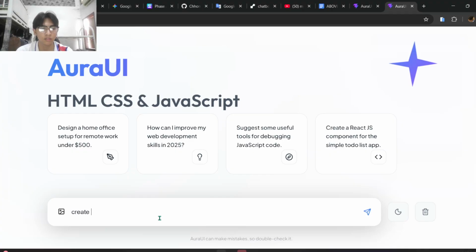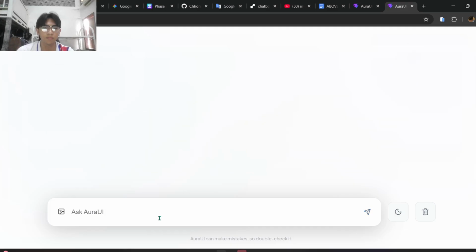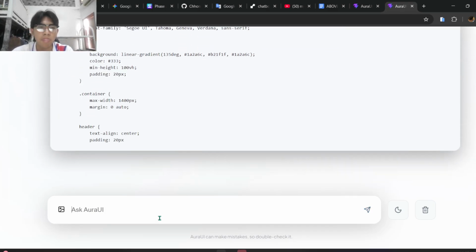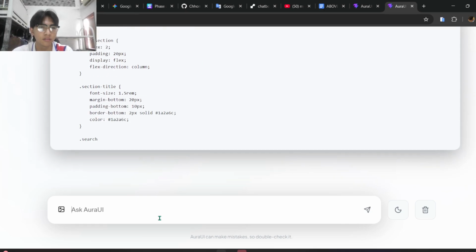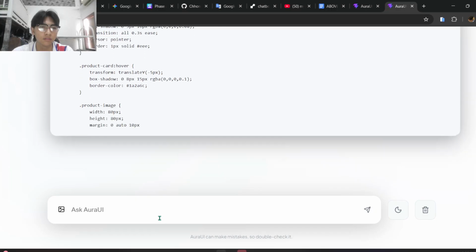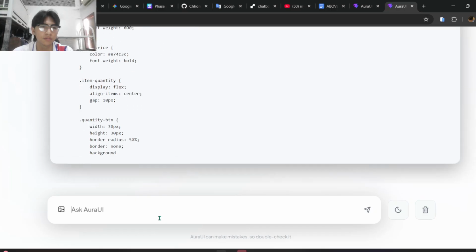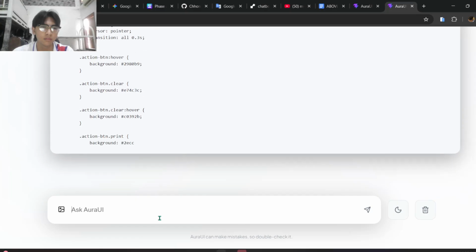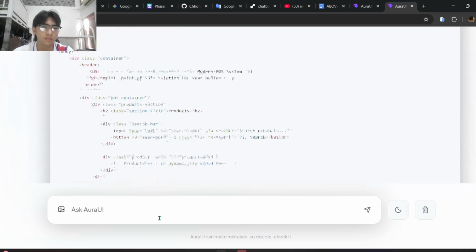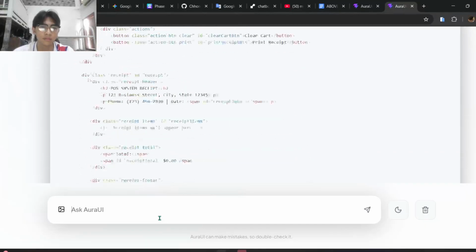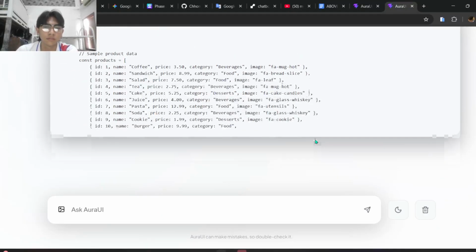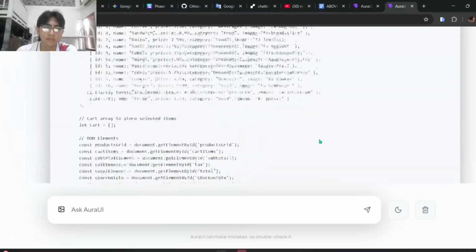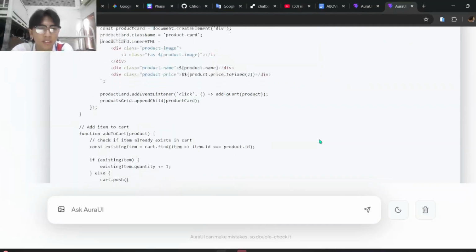I want it to create me a POS system. It also took a couple of minutes.